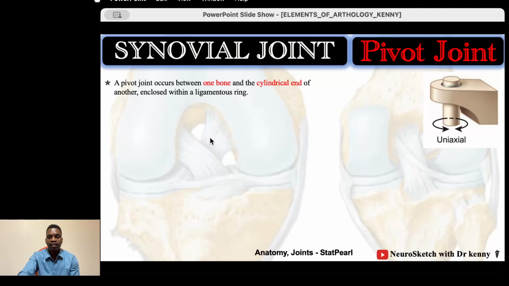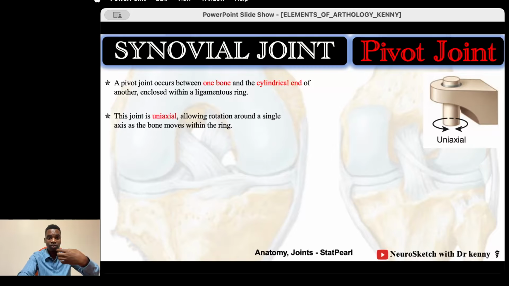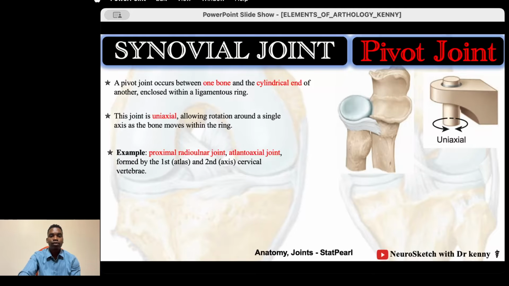So the movement is only uniaxial, only in one axis, which is rotational movement. An example is the proximal radioulnar joint, the joint between the head of the radius and the ulna. You see the radius is the first bone, and then there is an annular ligament, which makes the cylindrical portion of the joint,